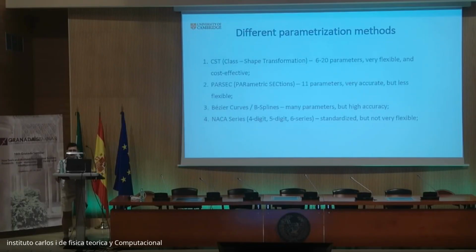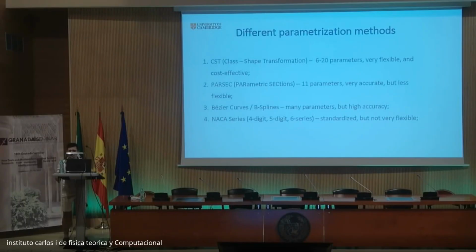There is also the PARSEC method. At first glance, it might have fewer parameters. It's very accurate, but it's not very flexible. You will see that there are some, quote-unquote, exotic airfoil shapes that really do not like this method. And then we have the Bezier curves, which have a lot of parameters, but are very accurate. But you're usually looking at around maybe 40 parameters for a single airfoil, which will give you both a slower simulation and a much slower optimization. And if your application does not need to be very heavily optimized,